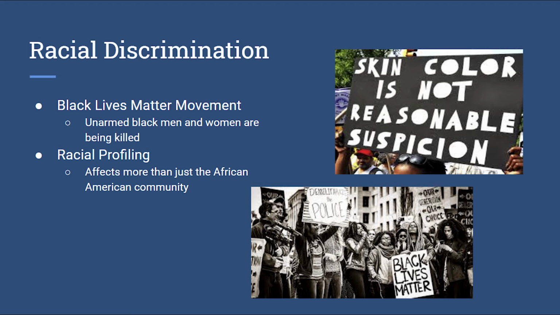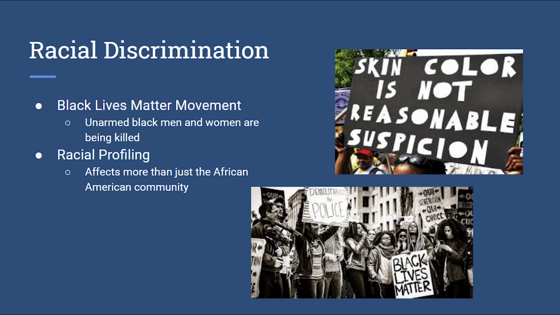Unarmed Black men and women are being killed by police officers and civilians because of their skin color. This is from racial profiling. Racial profiling is when you believe someone is dangerous just because of their skin color. This does not just affect the African American community. This affects everyone who is not white because of all these stereotypes that have been